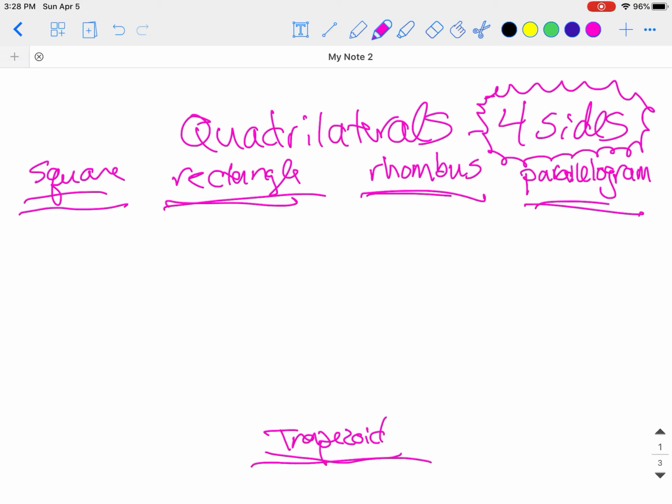A square, which everybody knows, is simply,